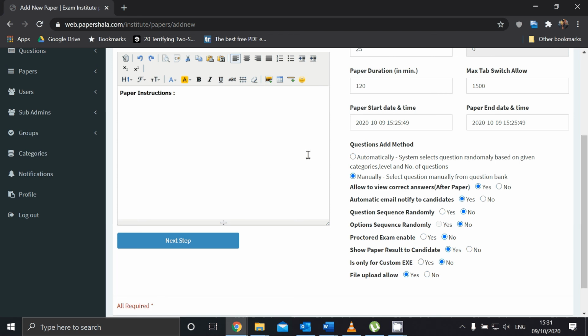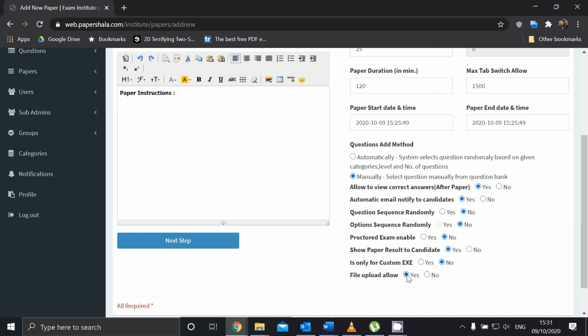So if it's for sure a Kannada, Sanskrit or Hindi paper, it has to be yes, because the students will have to write the answer on a sheet of paper, take a photo and upload. And this can only be done if you have given a yes here. Only 2-3 settings need to be changed here.